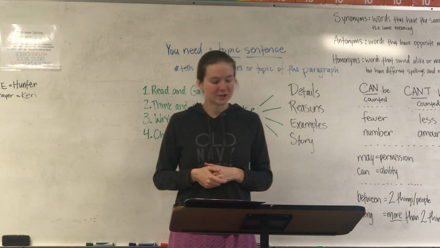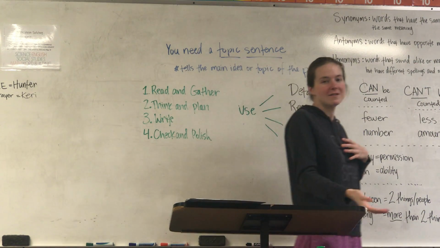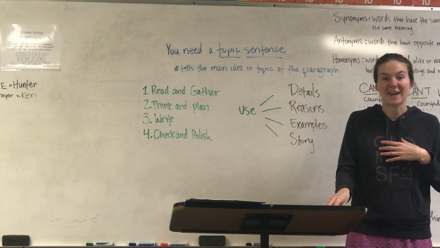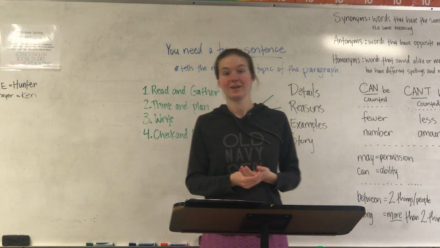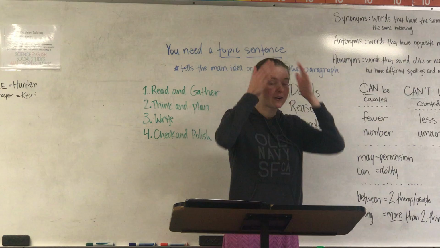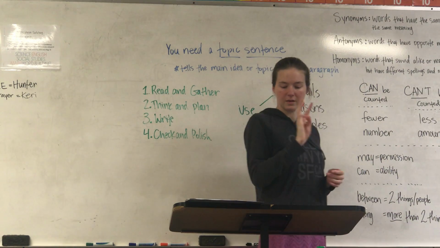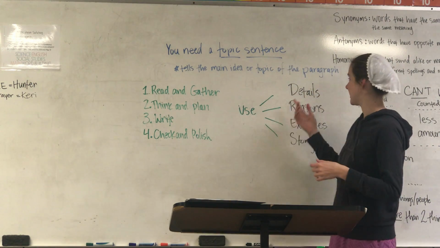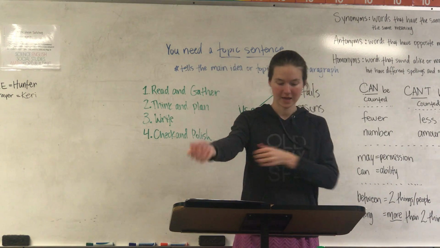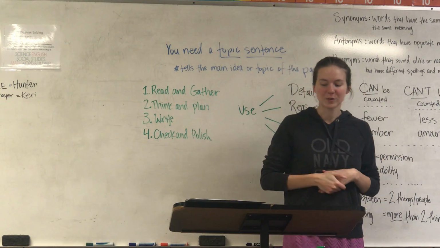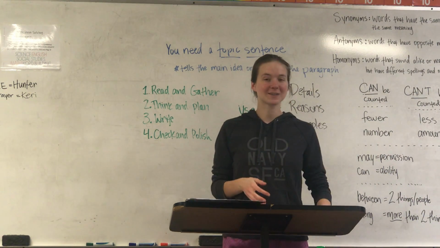For number 2, how do you think Joe's family felt about what she had done? So this is your opinion on how her family took it that she cut off her hair. What did her family think about what she did and how she sacrificed all of her lovely hair for the money? So the third question was describe Joe. Here we would be using details or descriptions. We would be using a lot of details about Joe. How did she look? What kind of personality did she have? So here you are describing Joe using the facts from the story.